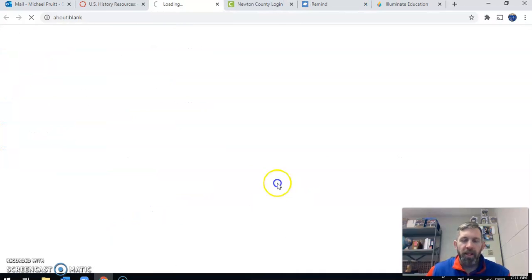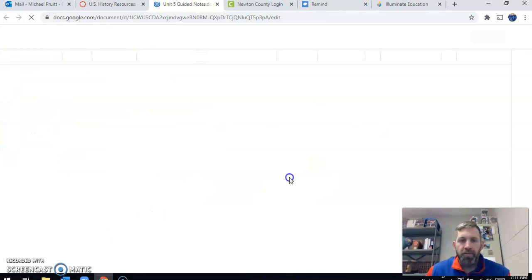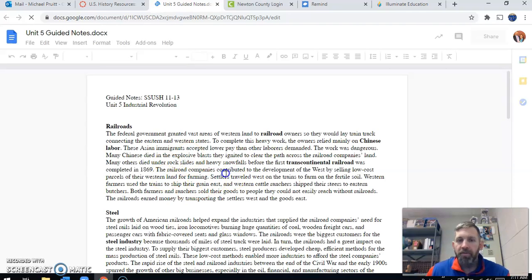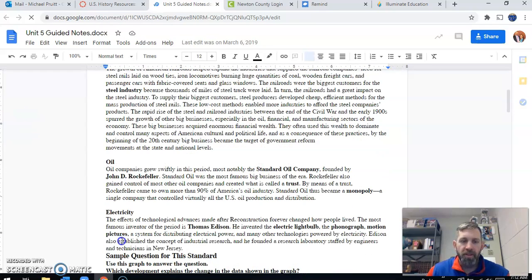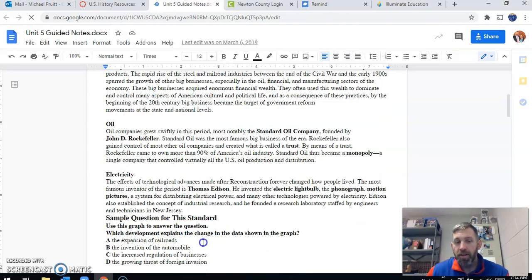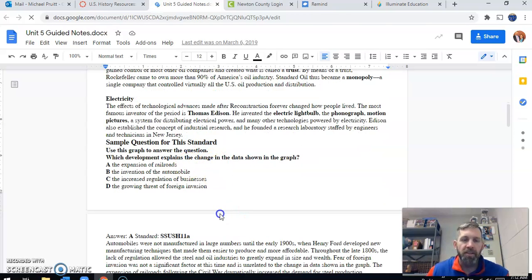We also have some guided notes for unit number 5. Guys, if you click on the guided notes, they are notes that I have typed up for you. You can see here, look, these are your notes, okay? And they break down each of the standards. They break them down into little sections. There are also some practice questions, former EOC questions, or questions very similar to things you would see on the EOC. Feel free to look at this and check this out.